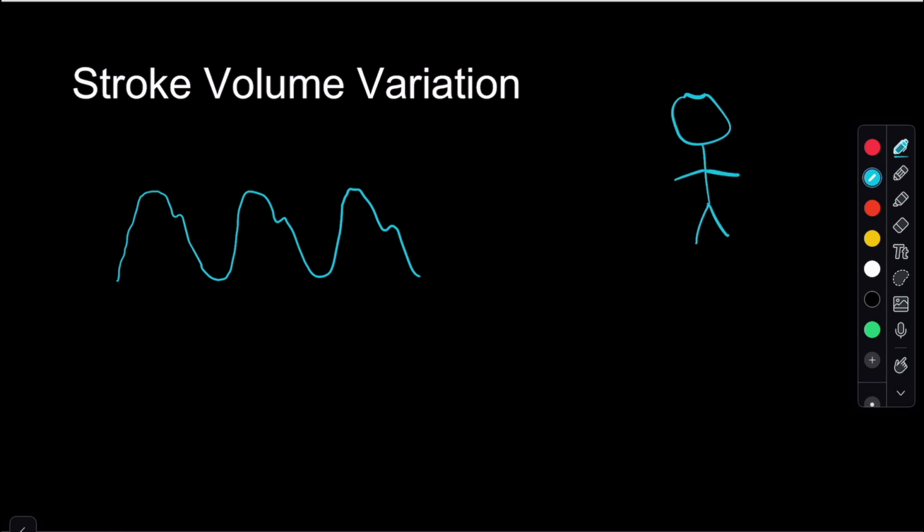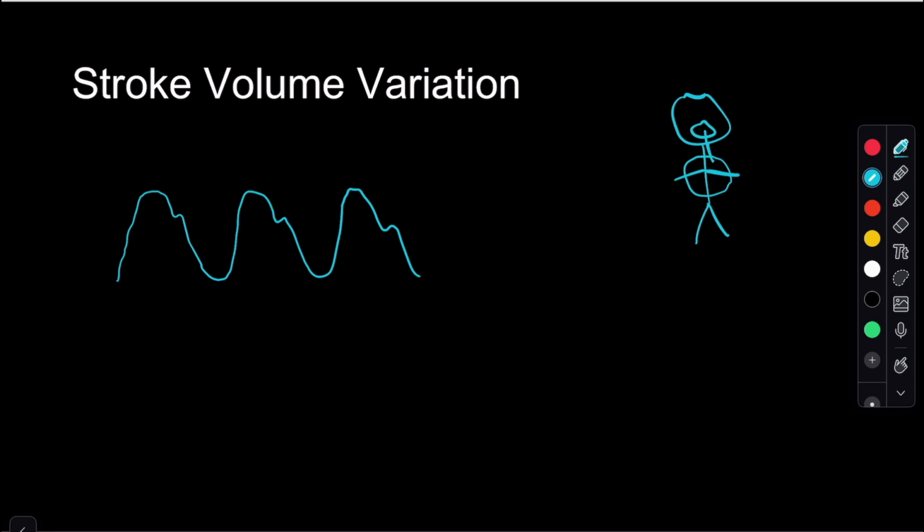The idea is, if you have a waveform of an arterial line that looks something like this, and a patient over here is receiving positive pressure ventilation, so they have a tube in, and this is inflating their chest cavity. We'll call this their chest cavity, and their tube's going in there, and it's inflating that. When they're receiving a breath,